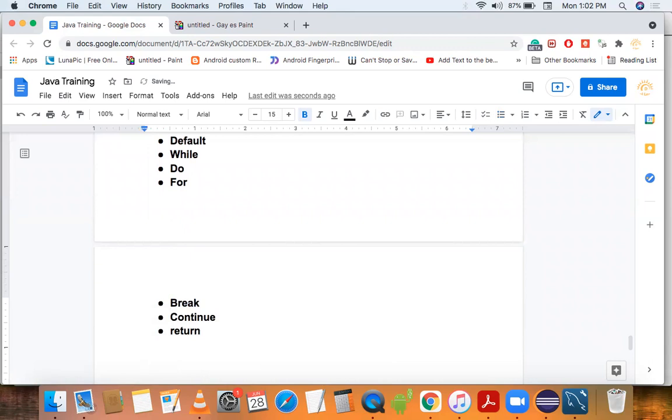And next is modifiers keywords. These are the third type of keyword. These are around 11 keywords.